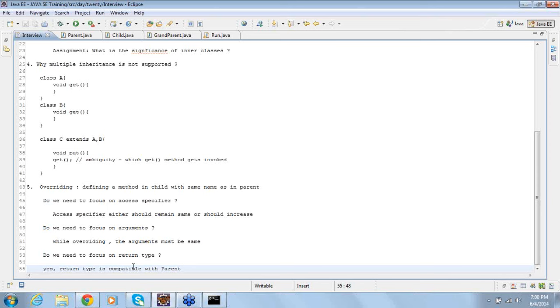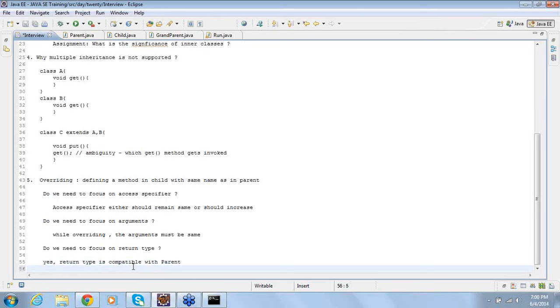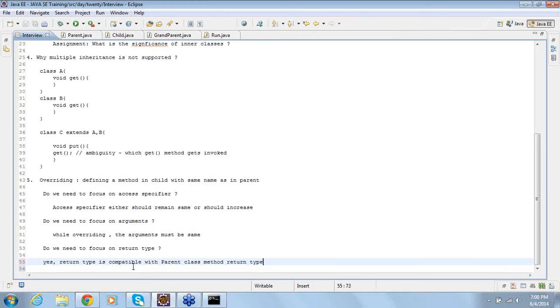So you can change the return type, but when you are changing it, you have to ensure that the return type is compatible with the parent class method return type.